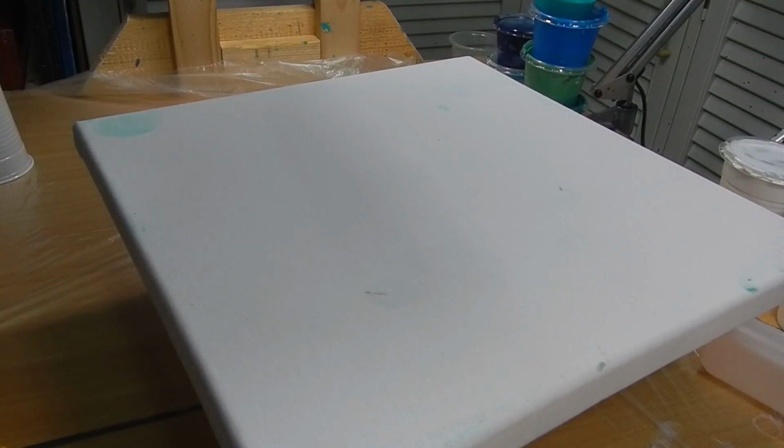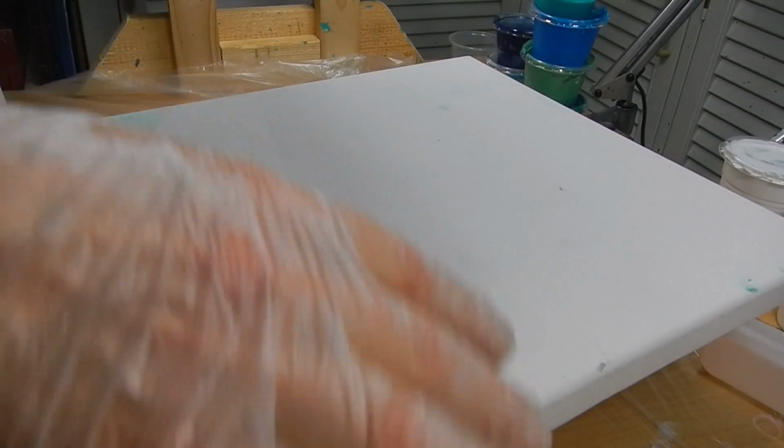Okay guys, I'll have to take this from the side, because from the top you can't see anything. So what I'm going to do is fill up the cup with paint, and I'm going to start with some light color. I'm going to do a base of white, and let's see, a little bit of turquoise, and a little bit of burnt sienna, then some brown, because I want some darker colors,